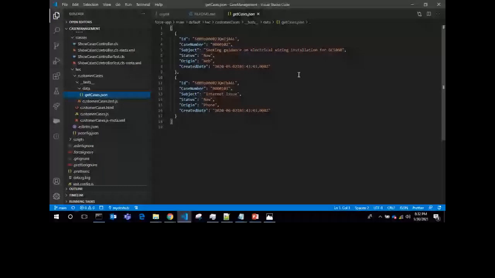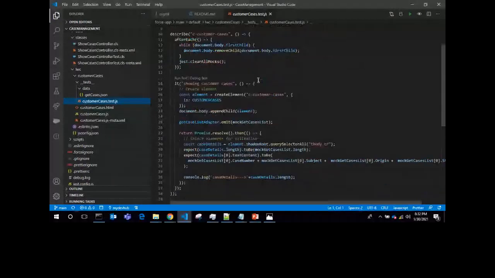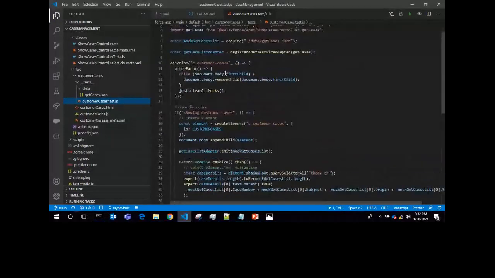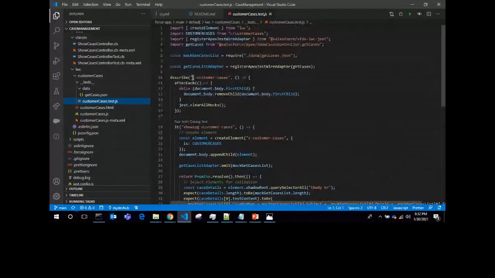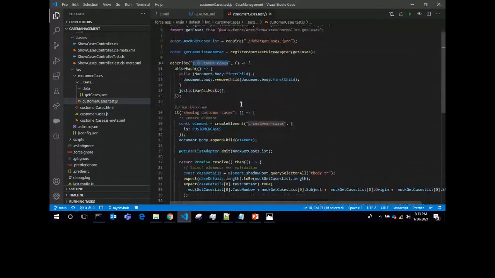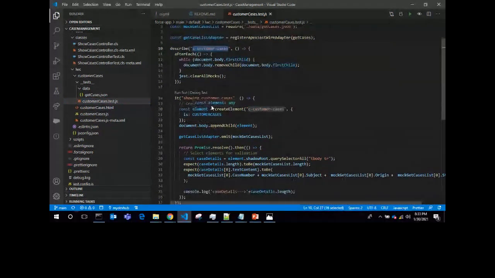This test script we have already written. In the describe method you have to mention the Lightning Web Component name, and below the describe method you have to mention the operation for which you want to perform the Lightning Web Component test execution.